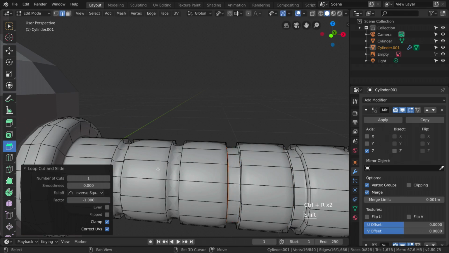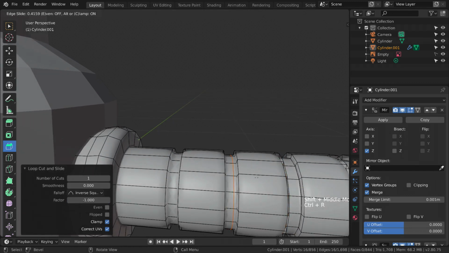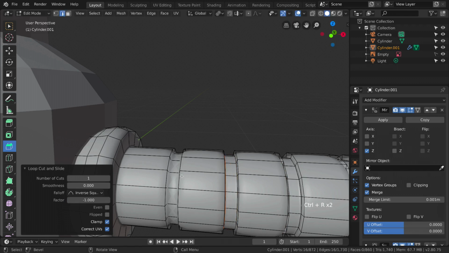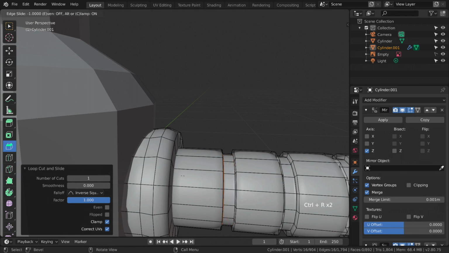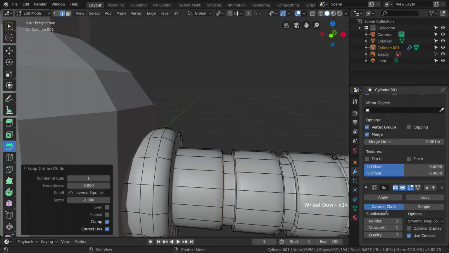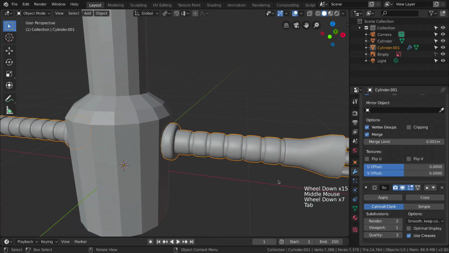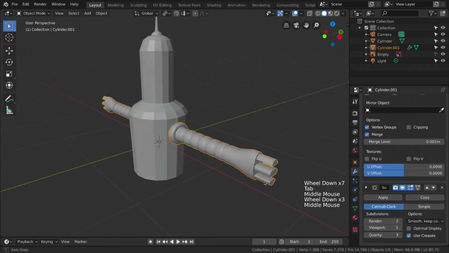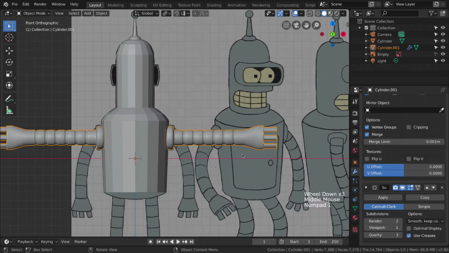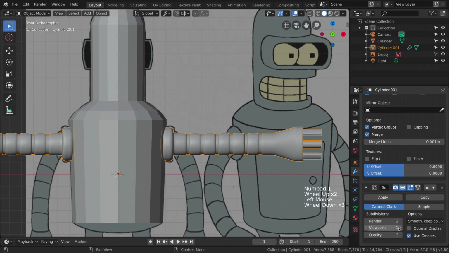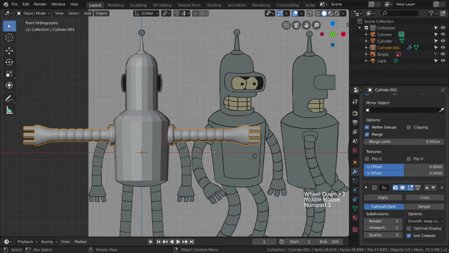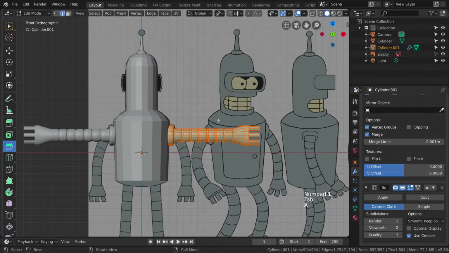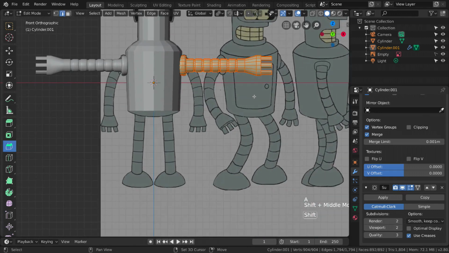Just with Ctrl and R we are creating edge loops, and we are fixing that issue that we have when we apply our subdivision surface to our scene. And as you can see, we created our arm for our Blender. You can, for example, also increase number of subdivision surface to 2. And now let's go back in edit mode, select everything, and now with Shift and D